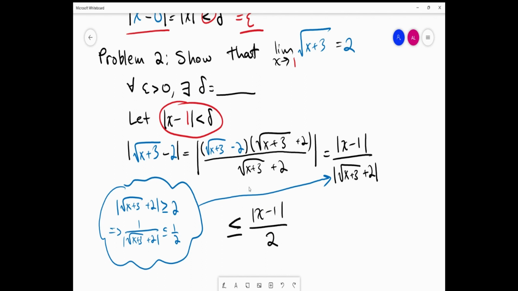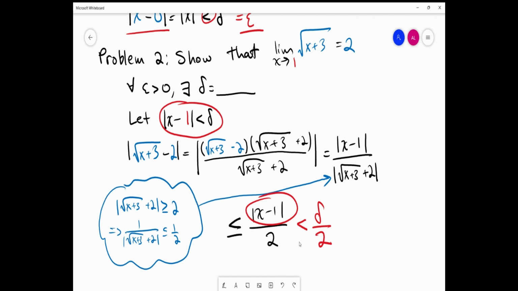So f of x minus L is less than this. But then we plug this back in, and we have that this is less than delta over 2. So actually, this blue bubble turned out to be really convenient because had this been a greater than sign, we would have had a greater sign here and a less than sign here. We wouldn't have achieved any results. But we have something is less than or equal to something, which is less than something, so this less than